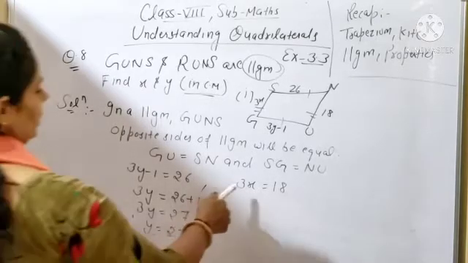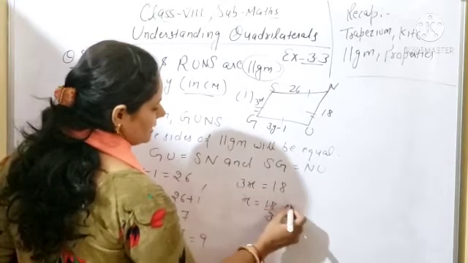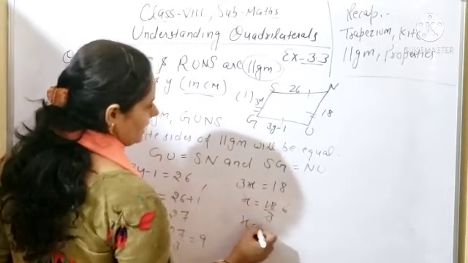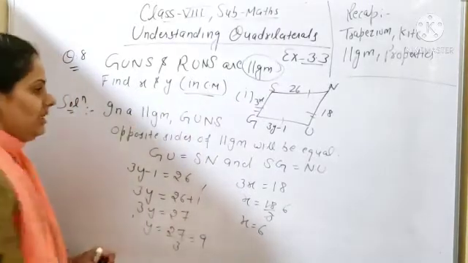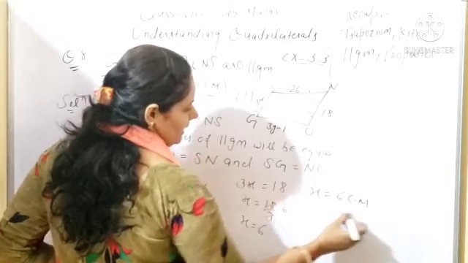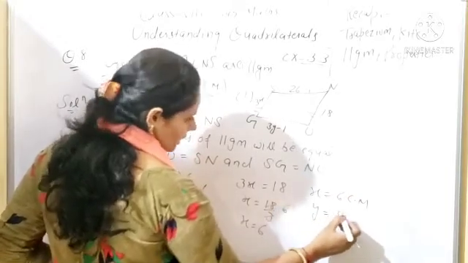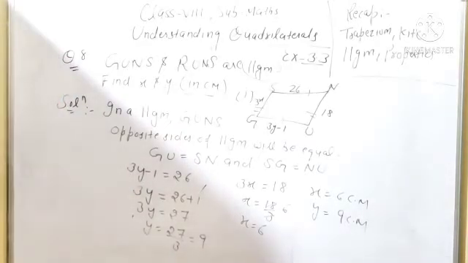Here 3x is equal to 18. So what will be the value of x? 18 by 3. So 3 6 is 18. So x will be equal to 6. So you have to find out x and y in centimeter. So you can say beta, x will be equal to 6 centimeter length and y will be equal to 9 centimeter. Clear? Simple question. Only one property you have to use and you can easily find out the value of